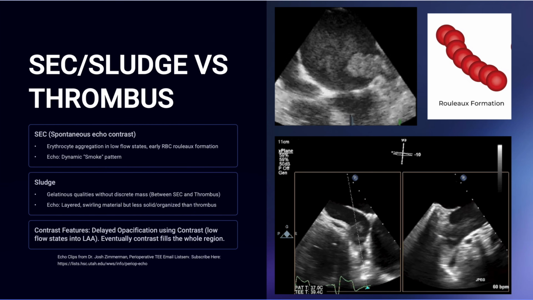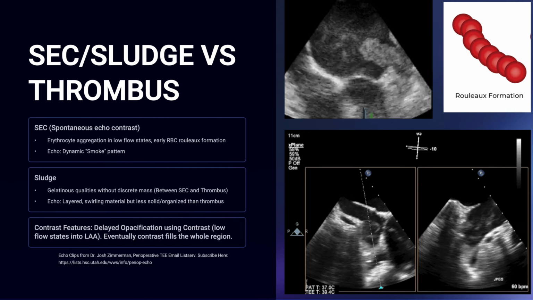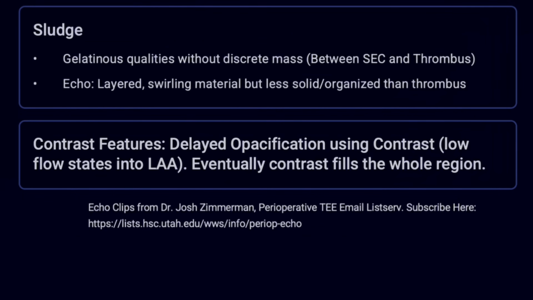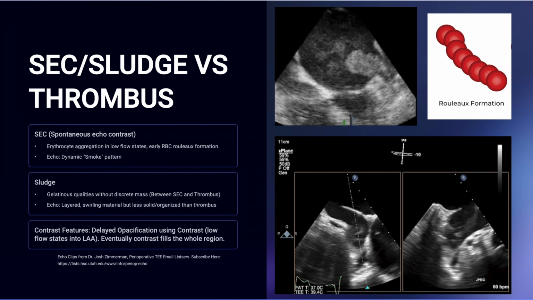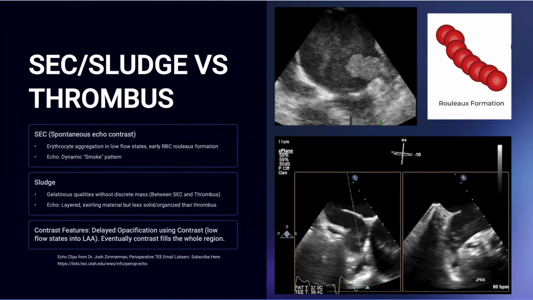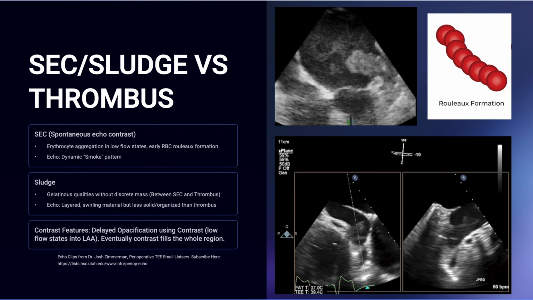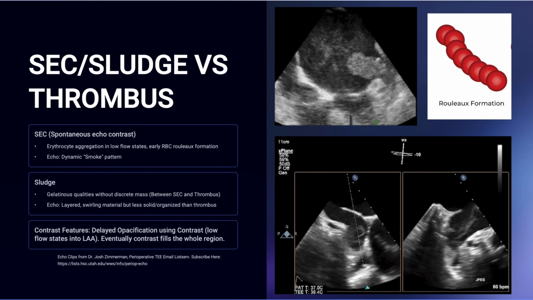One of the ways that you can differentiate these from each other is using contrast. Delayed opacification is seen when you use contrast in low flow states into the left atrial appendage. However, with spontaneous echo contrast and sludge, eventually contrast fills the whole region. This does not occur with thrombus. That is the main way, is using that Definity or Lumason contrast to see if it fills the entire left